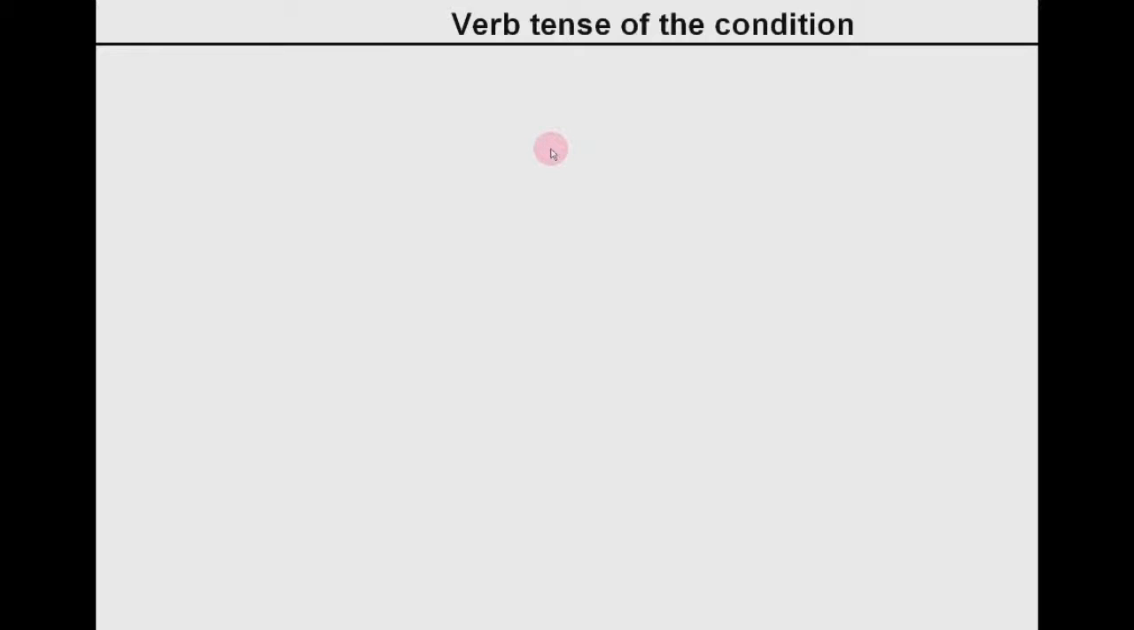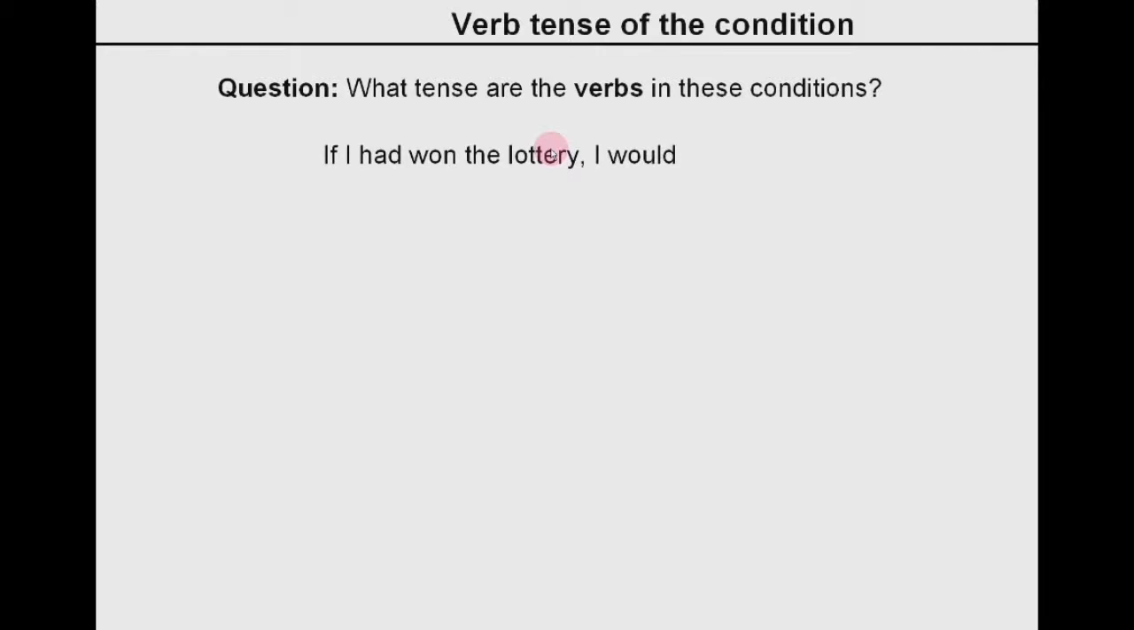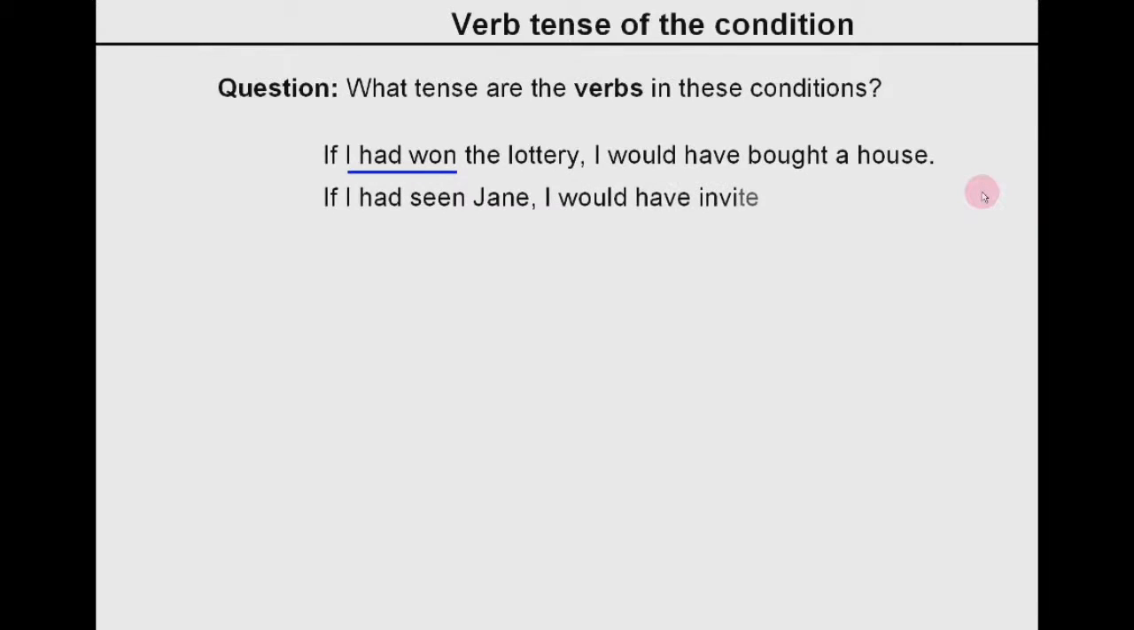Let's look at the verb tense of the condition. Question: what tense are the verbs in these conditions? If I had won the lottery, I would have bought a house. So I'm asking you, what is this tense? I had won. And the second example, if I had seen Jane, I would have invited her to the concert. So what is this tense? I had seen. So the answer is,